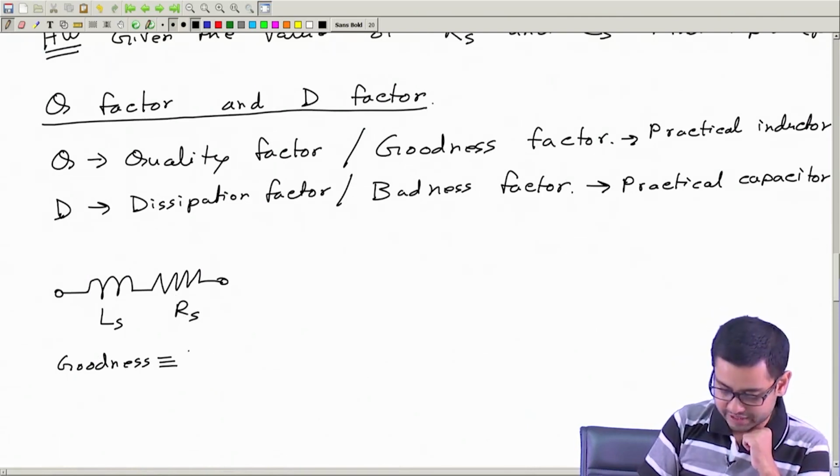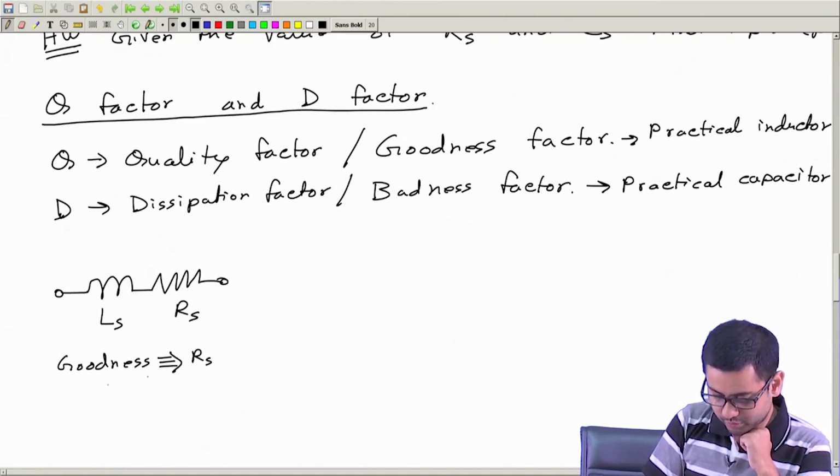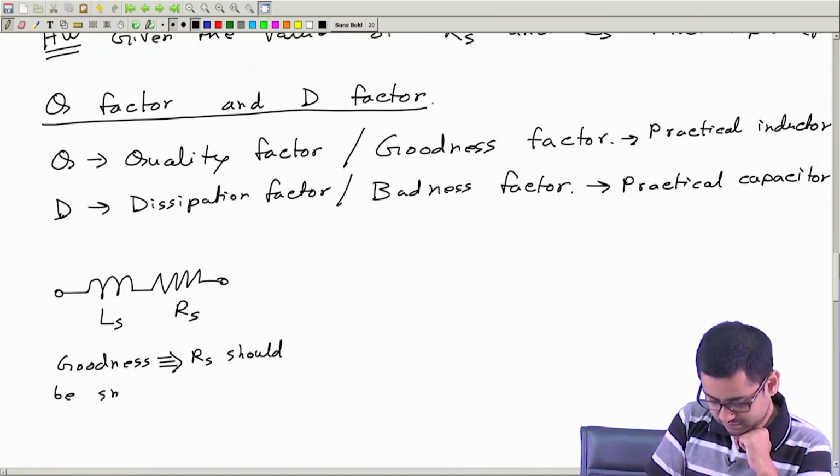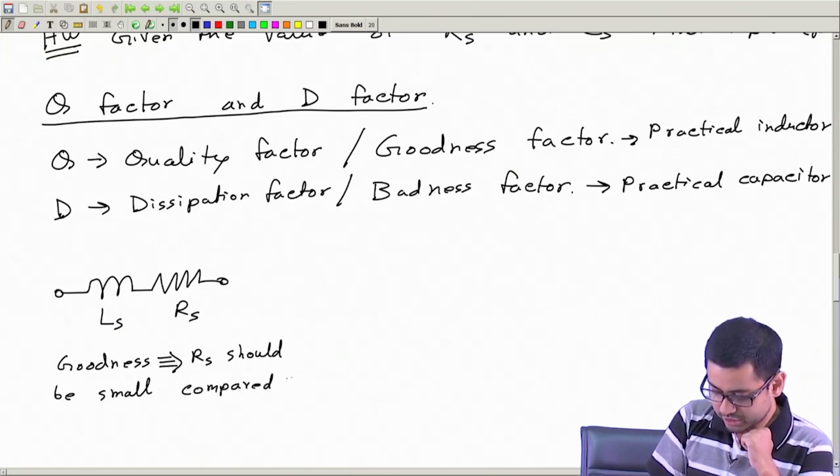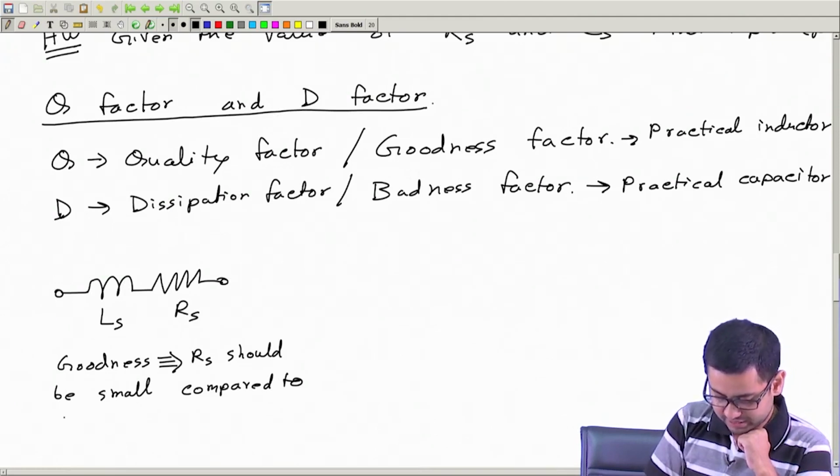Okay. So goodness implies Rs should be small compared to the impedance of this part, j omega Ls,